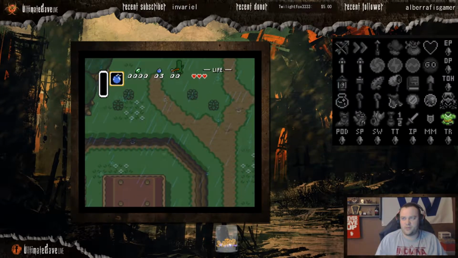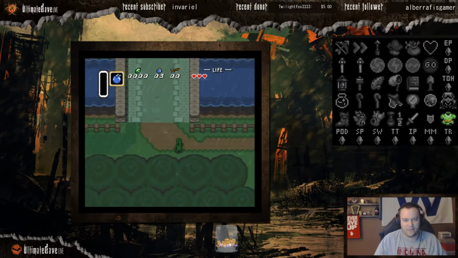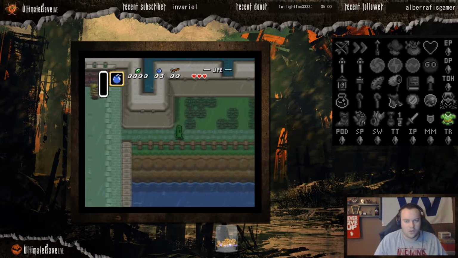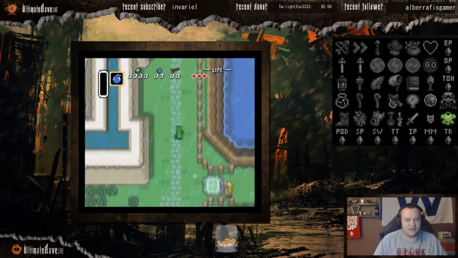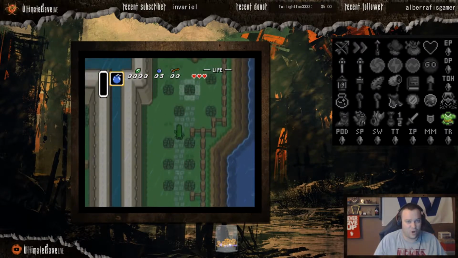Now, we're starting this run. I actually was recording and had my mic muted, so we got about 10 minutes into an episode, and I messed it up, so we're starting over. We're going to go ahead and do the escape sequence, which is only in standard. In Key Sanity and Open,